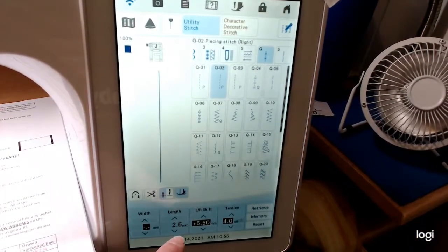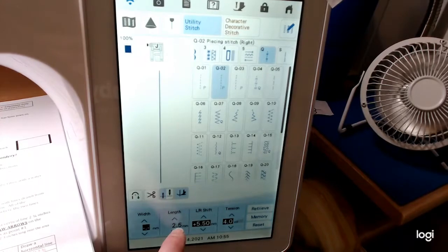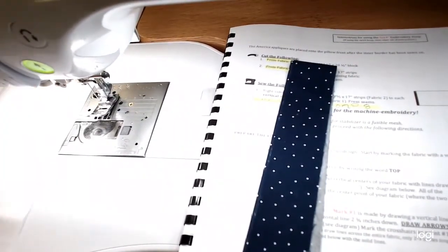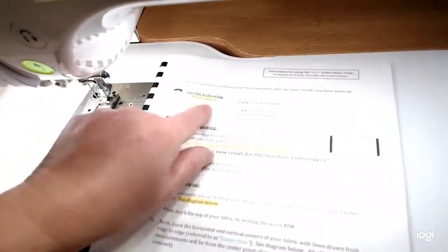I make a lot of mistakes, so it's really hard to rip if it's at 2.0 because I have to rip a lot. So I move mine up to 2.5 and leave it there all the time. Okay. So I'm going to go ahead and point this over here. Now, the one thing that I have done in advance is I have cut,